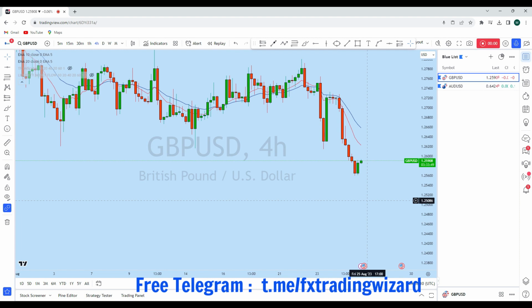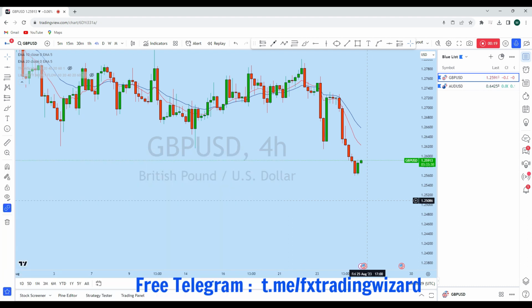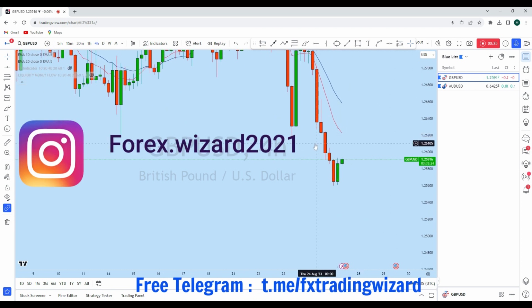Hello trader, I'm going to do a complete multi-time frame analysis on GBP USD and AUD USD. Let's see what kind of trading opportunity we currently have in these instruments. From the lower time frame perspective, we can see that GBP USD and AUD USD are currently showing a significant trading opportunity. Before we discuss how we can trade, first let's look at the bigger picture,